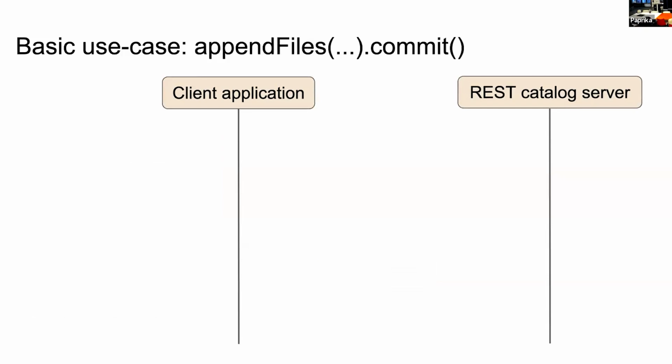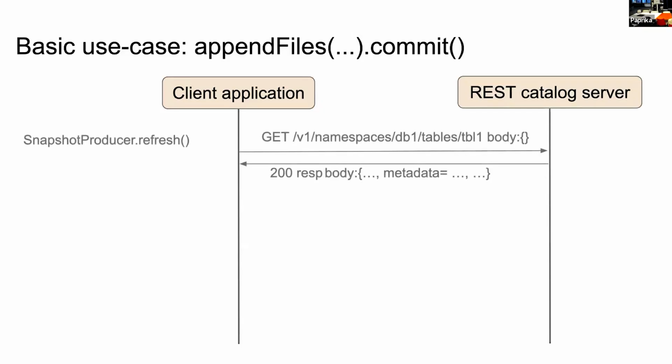And then once you loaded the table, you can insert some new rows into the table. These go through the append files API of the table. You can provide a list of files here that you want to append to the table. And in case you are wondering how many messages this takes, well, you would say one, right? So you just tell the catalog that this is what I would like to add. And in fact, it's not the case.